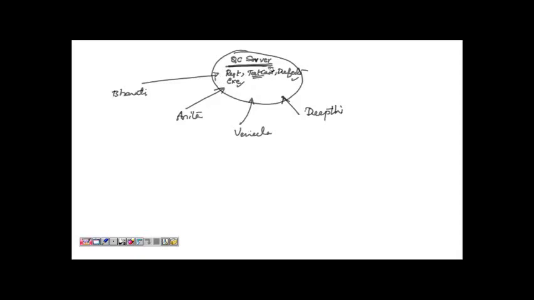So do you see here, all the files are stored in the common location so that everybody is having the access to it. Okay, Bharti can go and modify it, Anita can modify it, Vanilla can modify it, Deepti can modify it. Okay, all of them can use these documents. They can update these documents, right? So they can create new documents. They can modify the existing documents, right? And then they can delete the documents. Okay, so this is it, okay? So they can do all these things with these documents, correct?